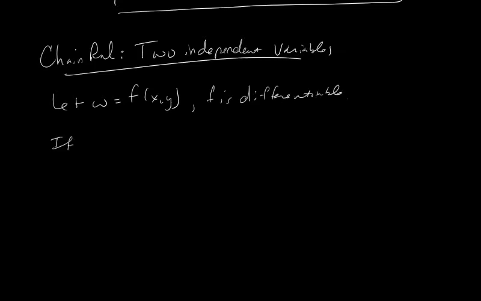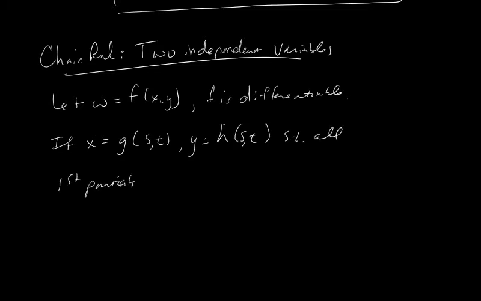If x is equal to g of s, t and y is equal to h of s, t, such that all the first partials exist for g and h, then the partial derivatives of w exist. So the partial of w with respect to s and the partial of w with respect to t exist,